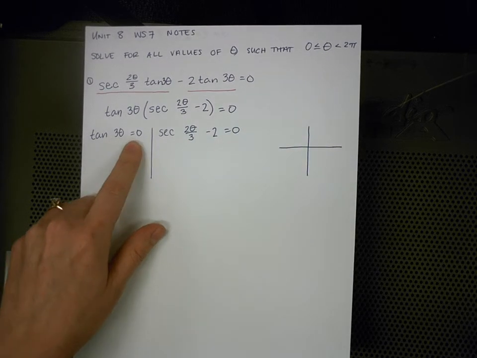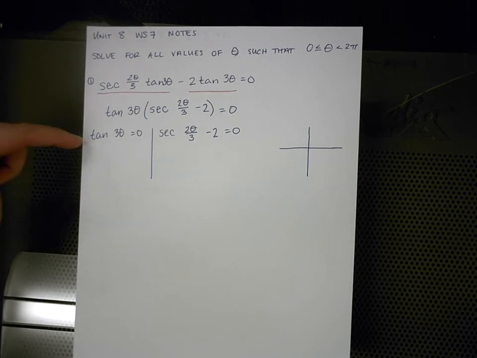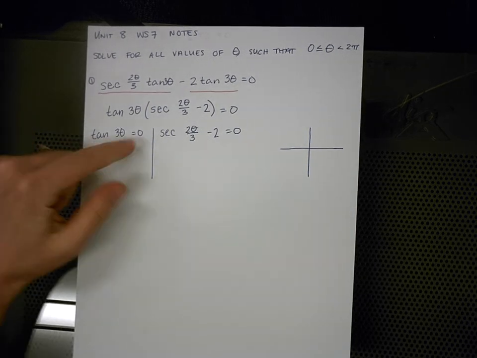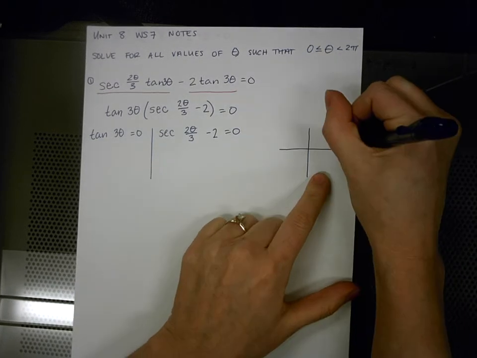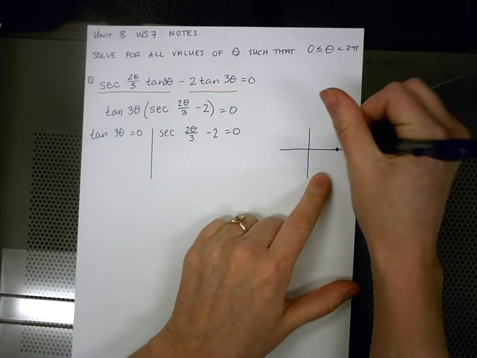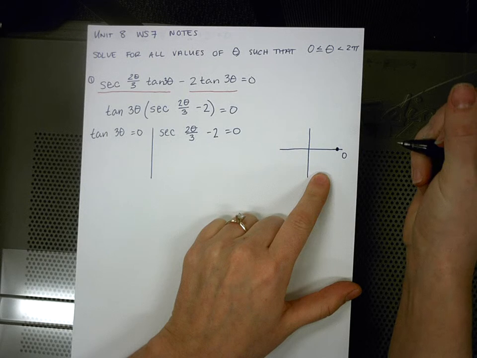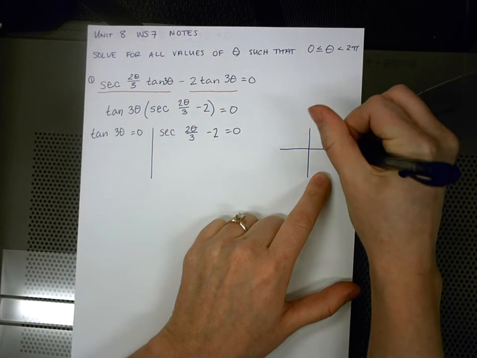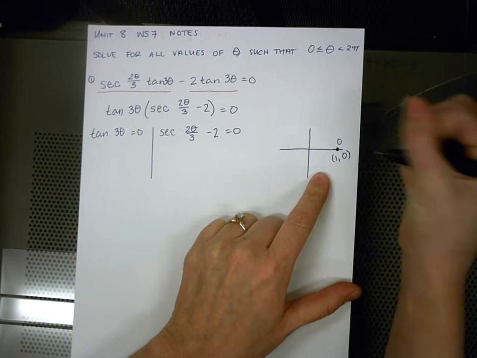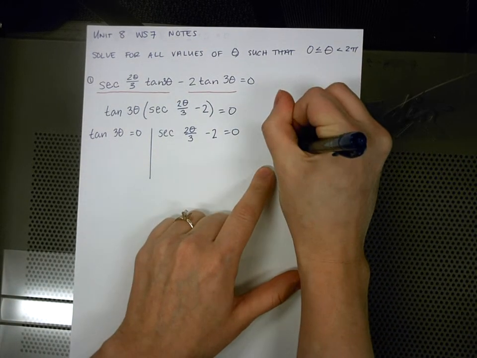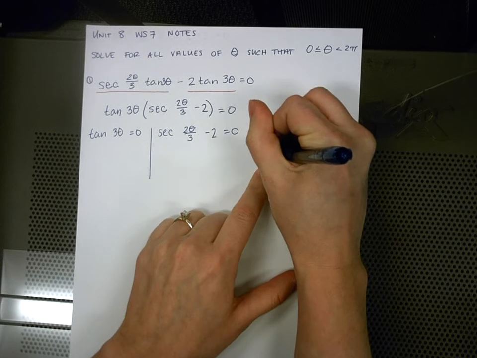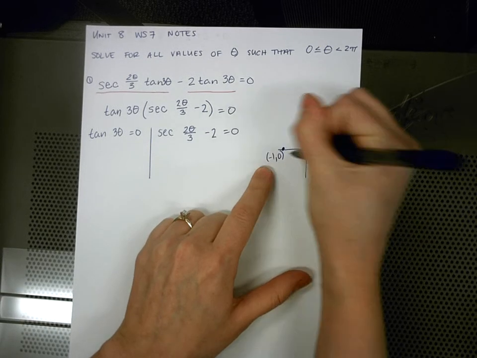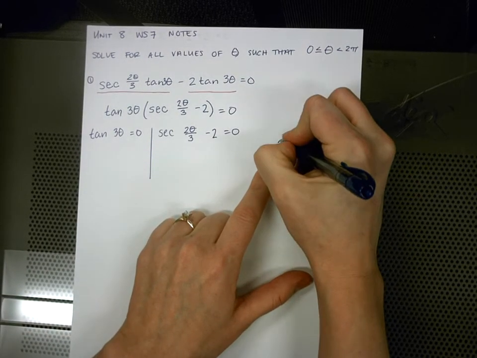But I don't want my denominator to be 0, which means I don't want cosine to be 0, because that would be undefined, not equal to 0. So at 0 radians, my point is 1, 0. And at pi radians, my point is negative 1, 0. So those both give me a tangent value